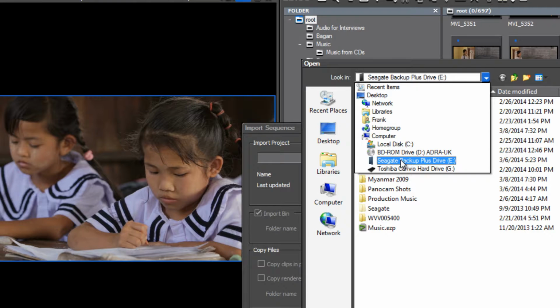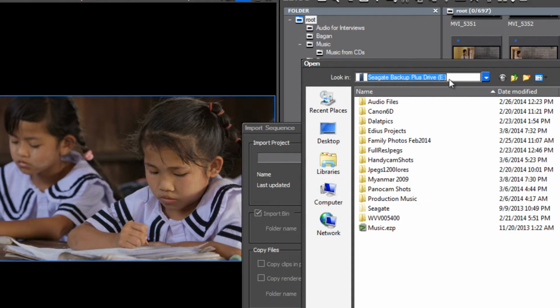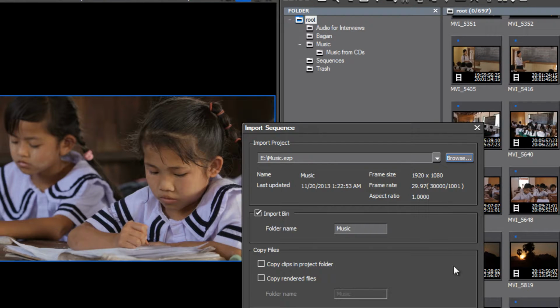This E drive is actually the same drive that our project is on, and I believe I have transferred all of my music over to this drive. And so yes, it's showing up here. It's a project that I have called Music. So I'm just going to click on that, and here, before we hit OK, we are given the option